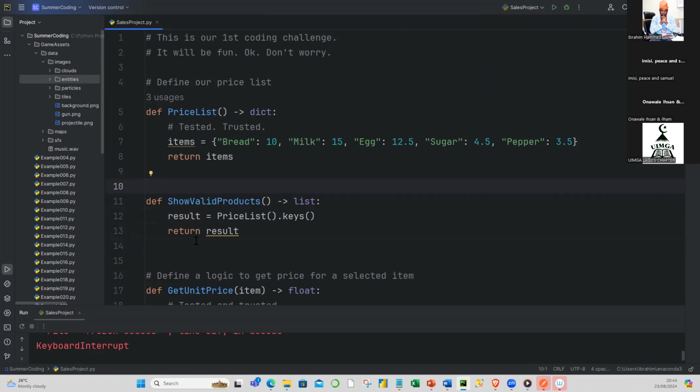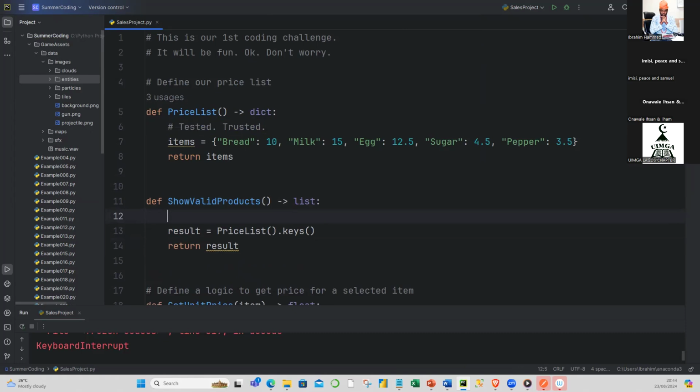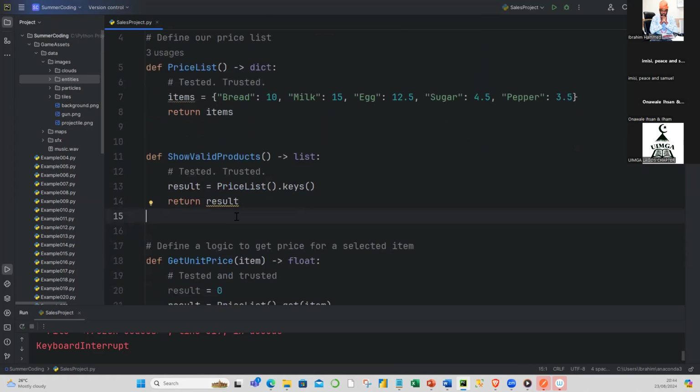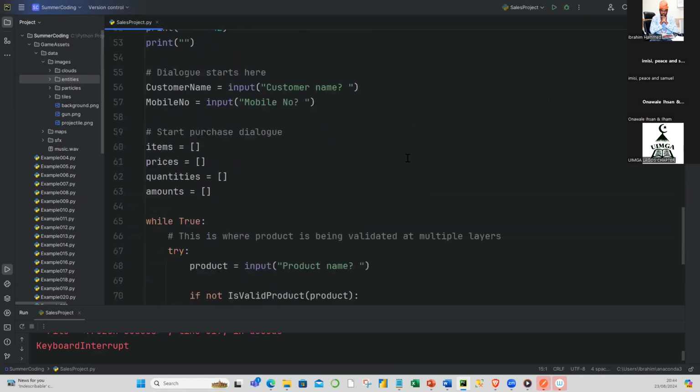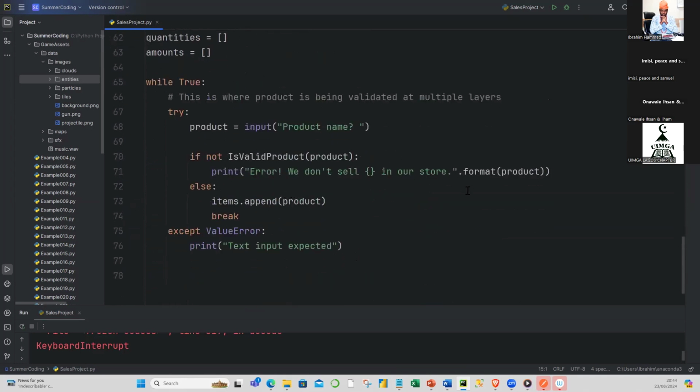All right, so if I do this, what I've done here, I'm testing it and I'm trusting it even before doing the correct thing. What I've said here is that the system should look at price list and show me bread, milk, egg, sugar, pepper. And that's just what we need. So we can come back into this part of the code and say